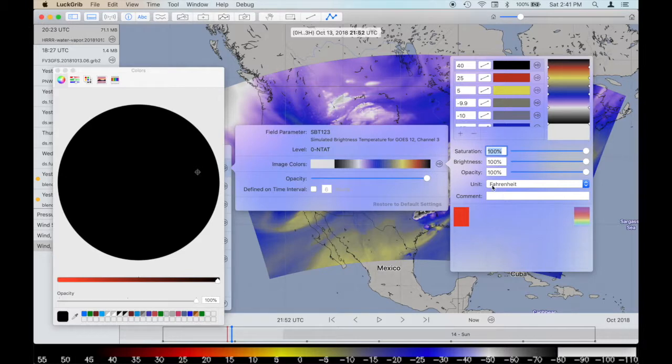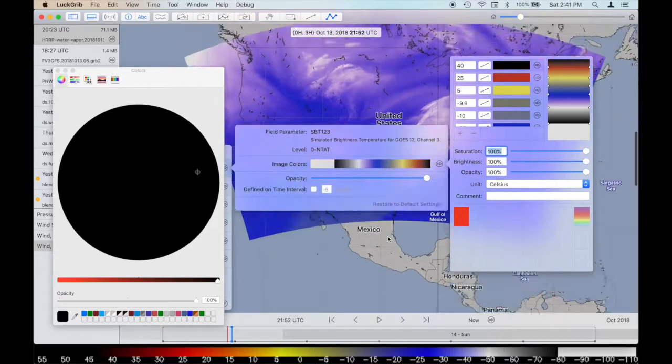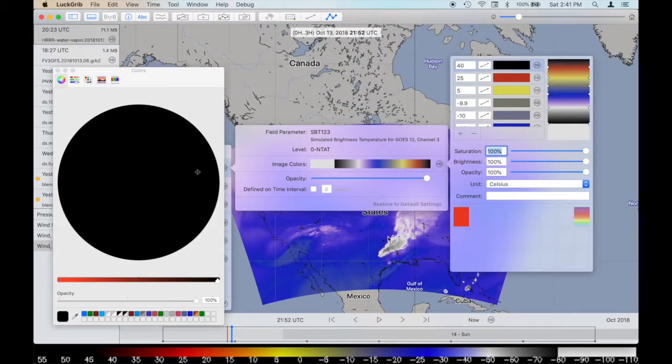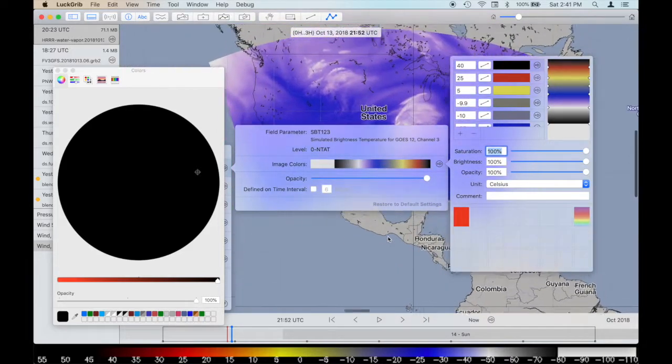And I wasn't sure, the units weren't defined in this example, and they defaulted to Fahrenheit. And if I change that to Celsius, oh, actually that looks reasonable too. I'm not sure which one it is. So let's go back to the